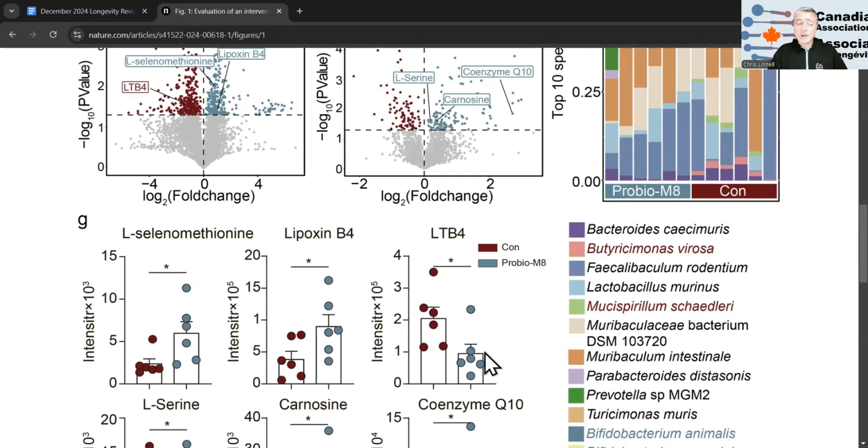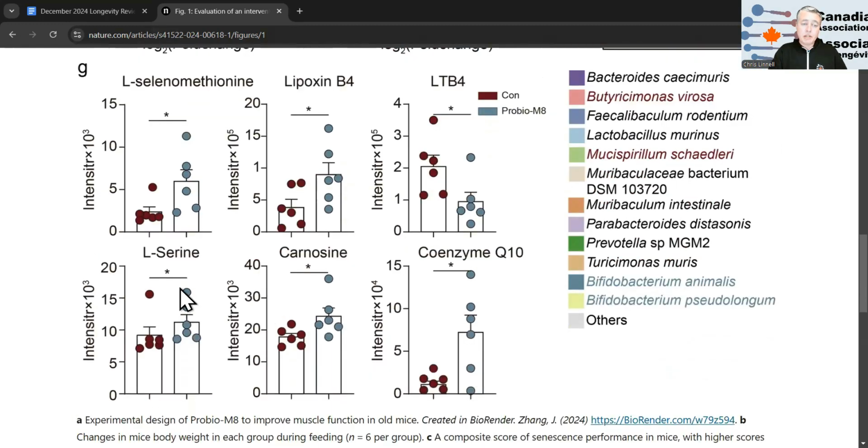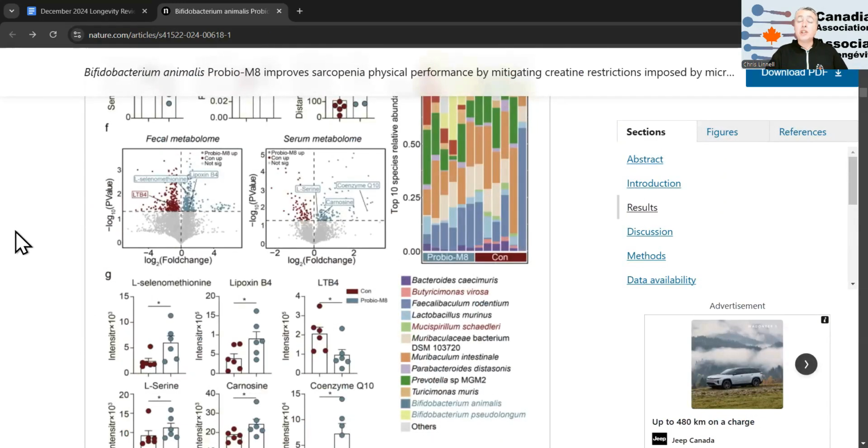LTB4 went down. Now, unfortunately, they don't mention in the text what LTB4 is or does, but I guess lower levels hopefully is beneficial. And below here, L-serine, which leads to creatine, carnosine, and coenzyme Q10 were all significantly higher in the PM8 mice. However, we are more interested in humans than in mice, and luckily that is whom they